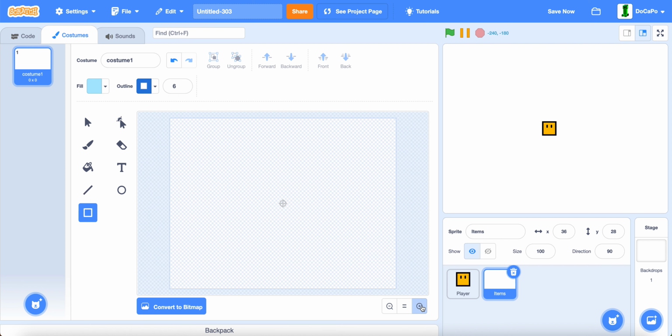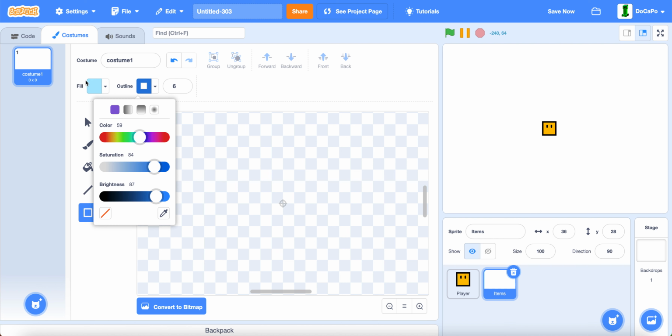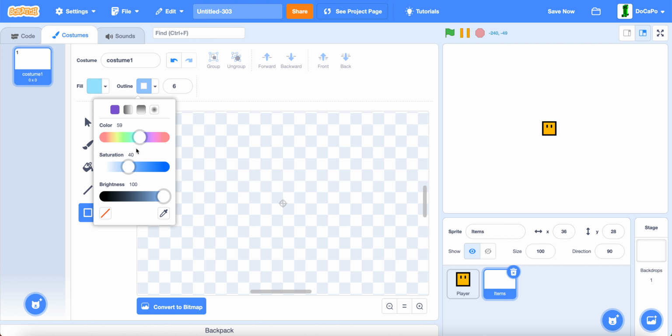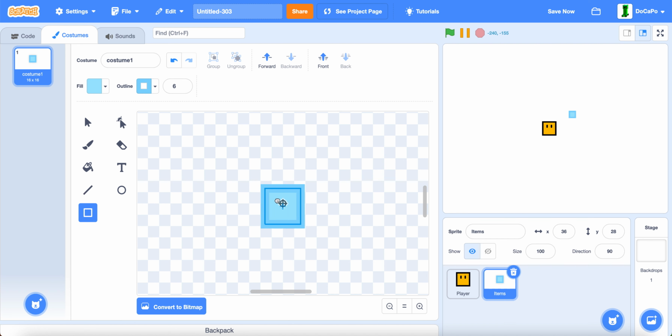Something like that. And after you're done with the colors, or making the right color, like this, create a box, then use this tool,